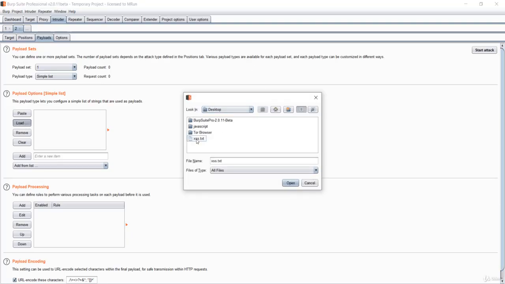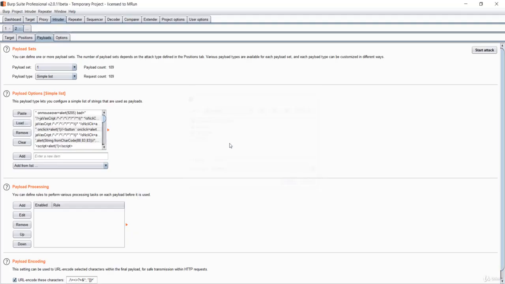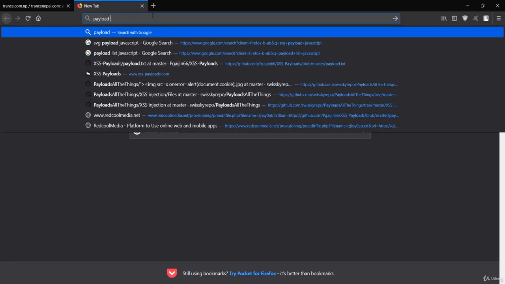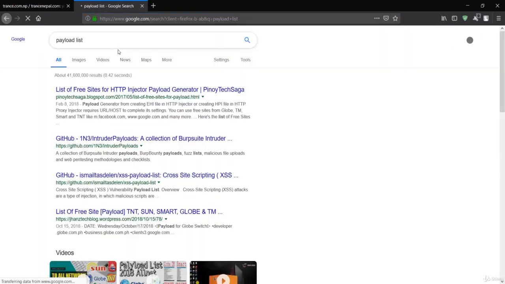If you remember, we had something like xss.txt, which has a bunch of payloads. You can also download it from the resource section, and if you want to download it from online, you can simply search for payload list, xss list or something like that. So XSS payload list.